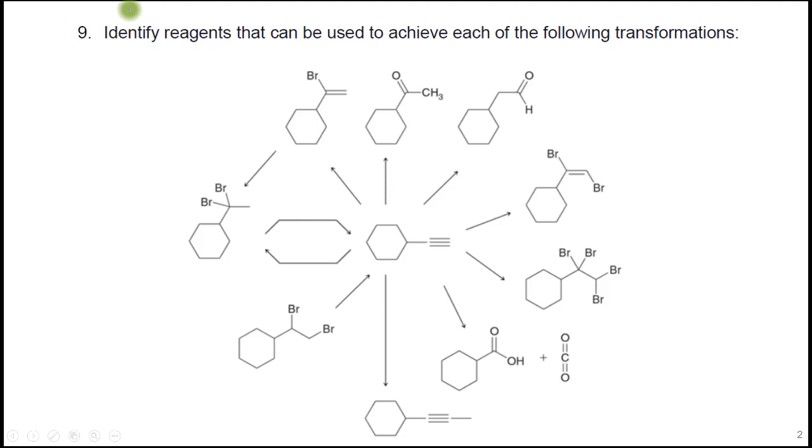Here we're dealing with alkynes, so I'll just start at the top again. We'll just call that one A. I'm having a ketone formed from an alkyne, so we use acid, water, and the mercuric acid. To make the aldehyde, we want to use 9-BBN. For 2 bromines added in an anti-fashion to each other, and the alkene stays put, this is just going to be 1 equivalent of Br2. And if you add an excess of Br2,